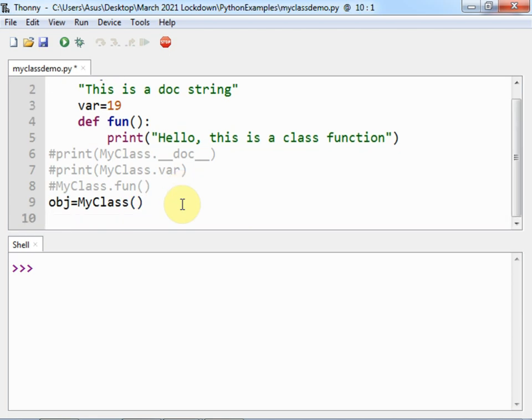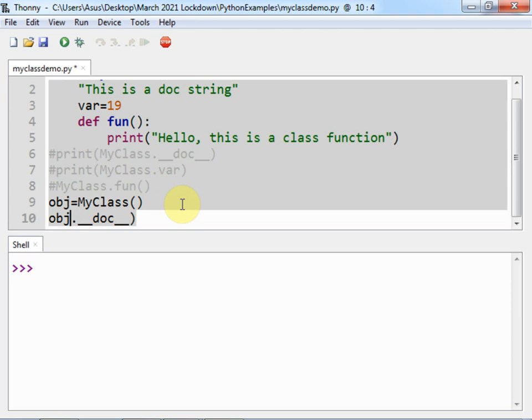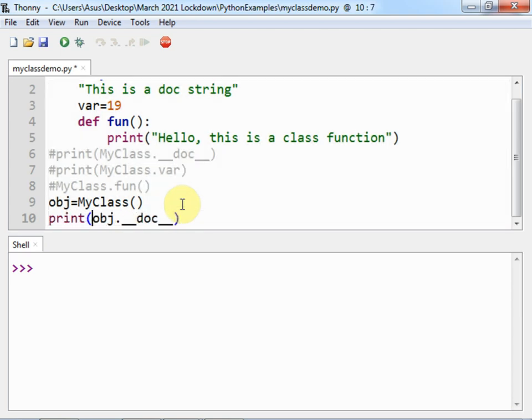Then using this obj, I need to call the document string. So of course I have to use underscore underscore doc underscore underscore, but this whole thing I need to print out, so I will use the print function. Let us first run this.